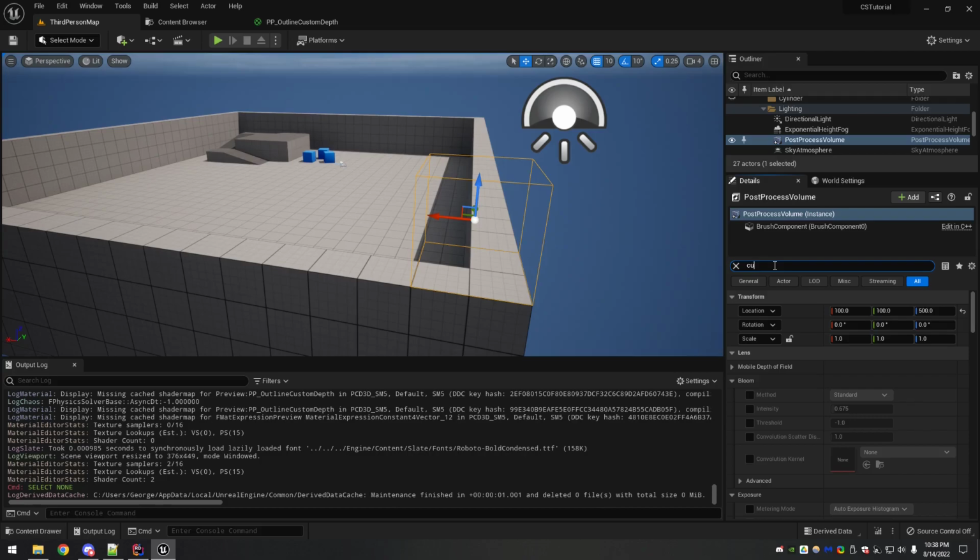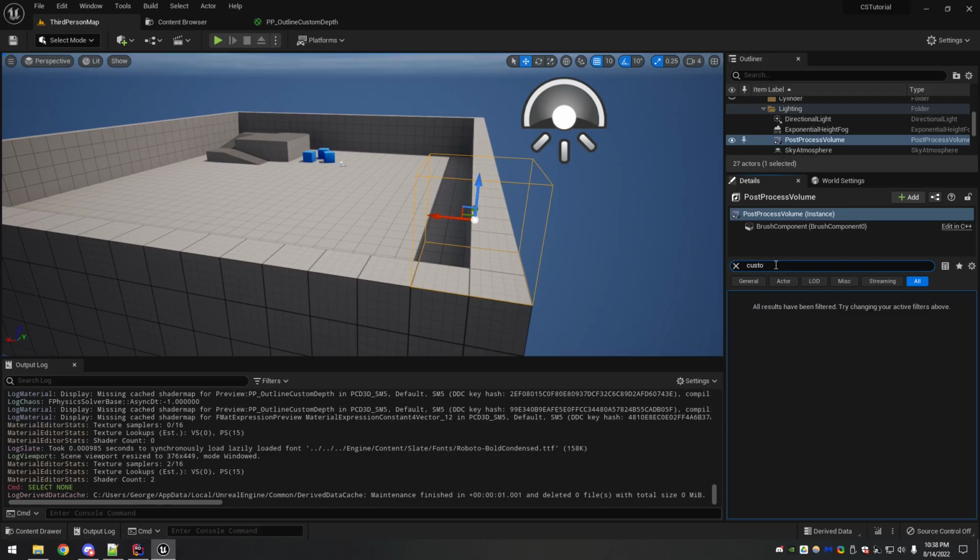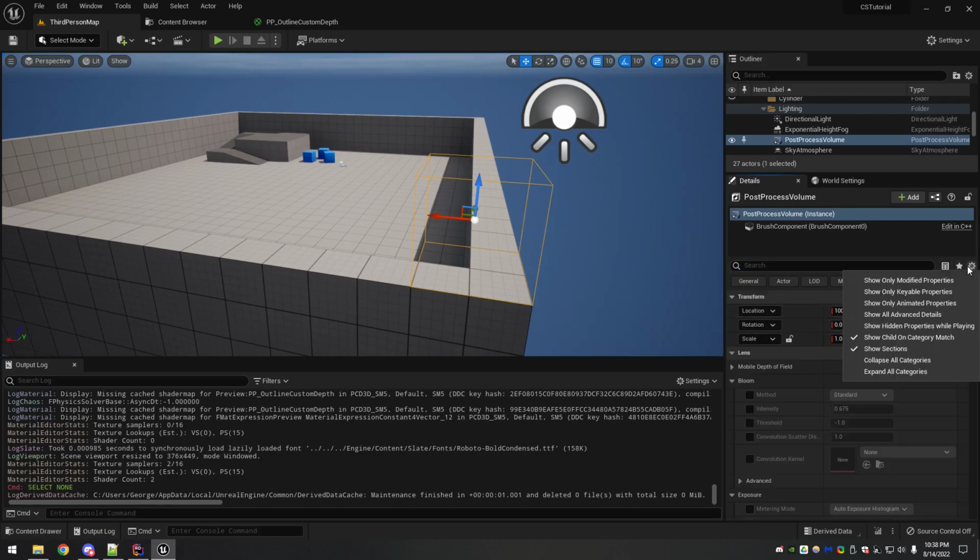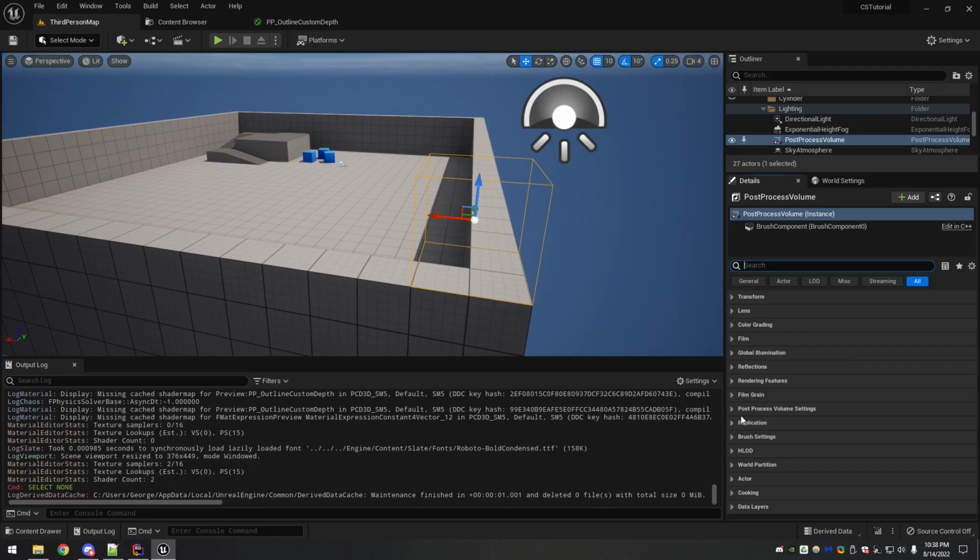Now what we want to find is the custom, oh man, all right, hold on. All right, it's under rendering features, post-process materials, and then there's an array here, okay?